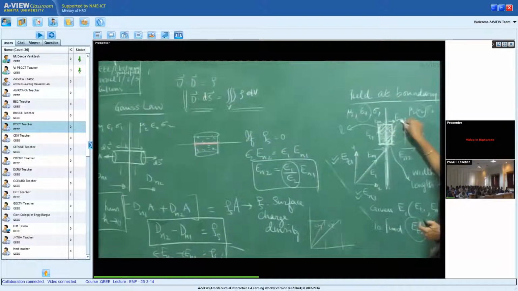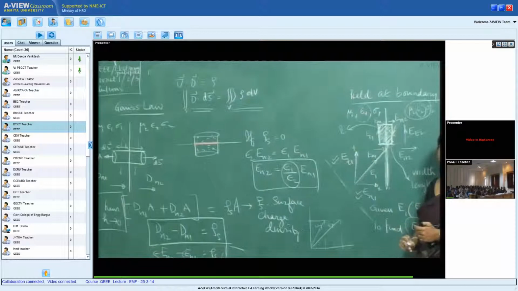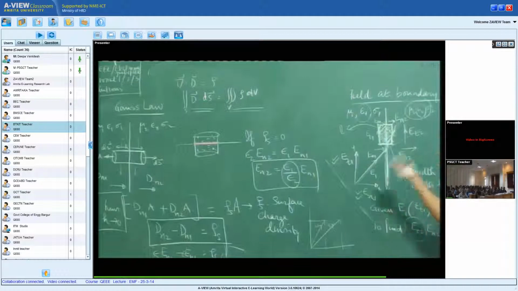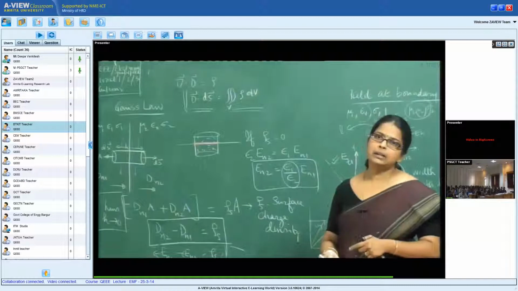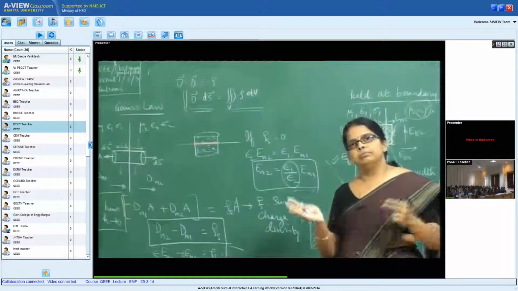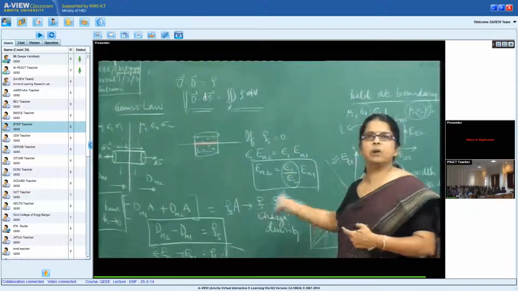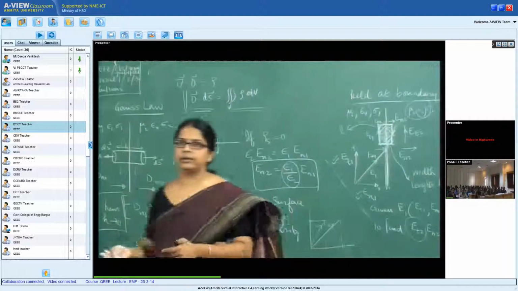So the beauty of the whole thing is you can predict how the electric field is going to behave in the second medium given the properties of the medium. Now the same can be extended. So this is all about electric field, where we use the Gauss law and Faraday's law. You could do the same with magnetic field by using the Gauss equivalent of magnetic field and the Ampere's law and get the boundary conditions for magnetic field. And then we can talk about electromagnetic waves.